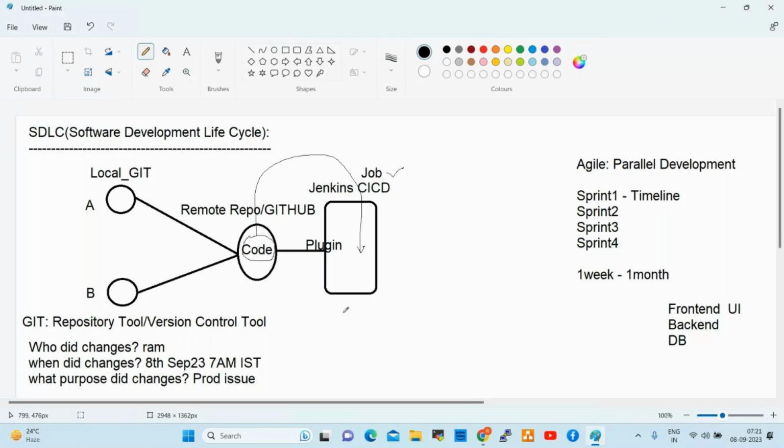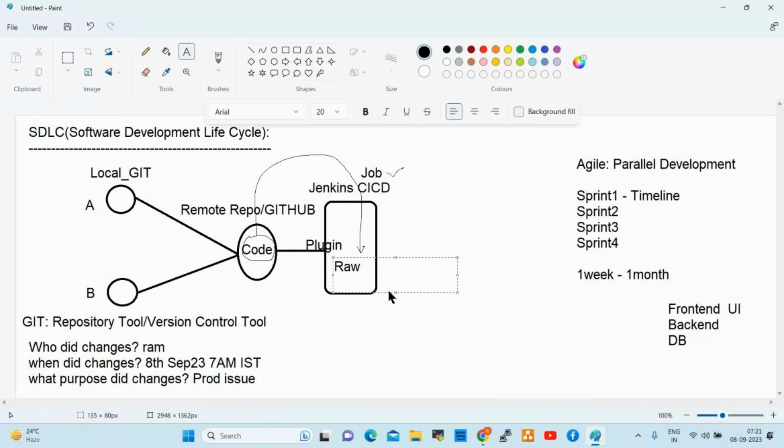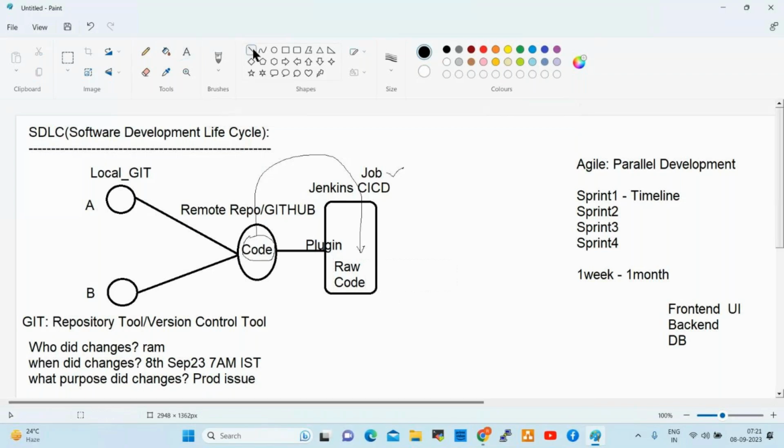Whatever code we pulled is raw code. Raw code means unstructured, unformatted code. This raw code we cannot directly deploy onto production or application servers.